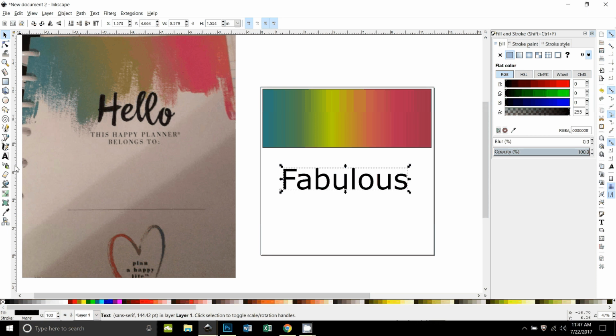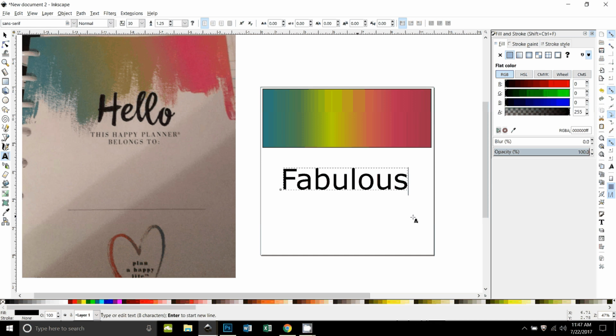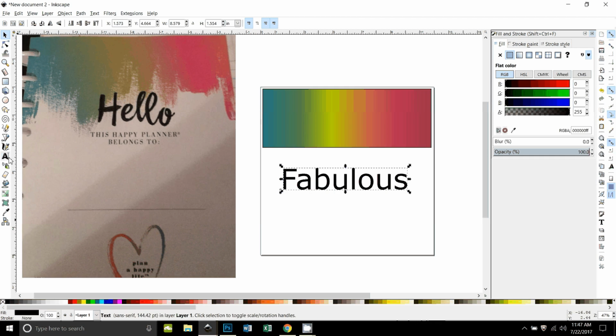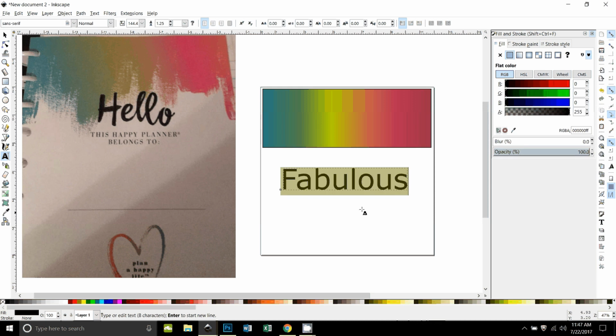So now I'm going to click on the text tool again, and you can see I've changed to a cursor. If I do Control A for select all, that selects all of my word. Now you have to be on the text tool for that to work, because if I'm not on the text tool and I say Control A, it selects everything that's on the page. So I'm on my text, that's selected, I click on the text tool, now Control A will select the text